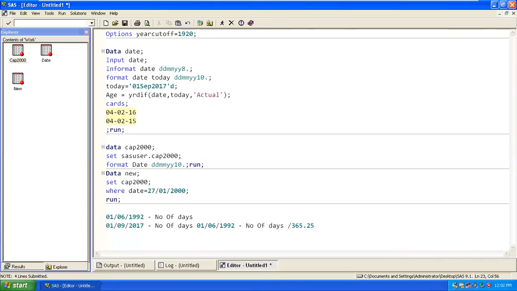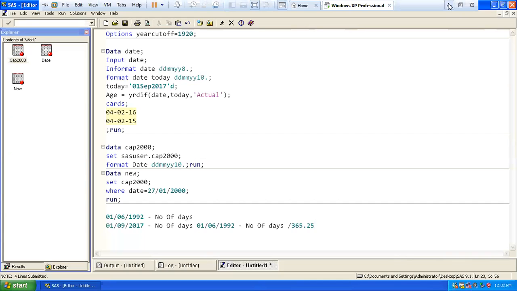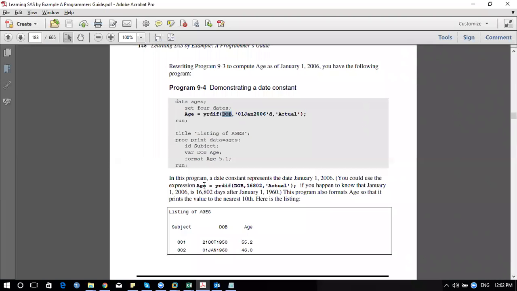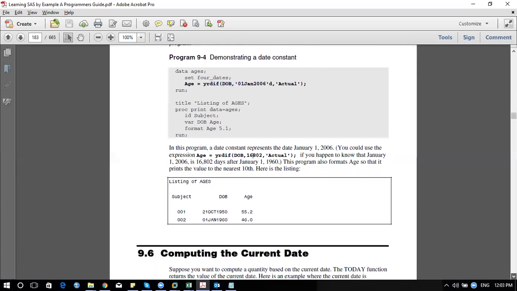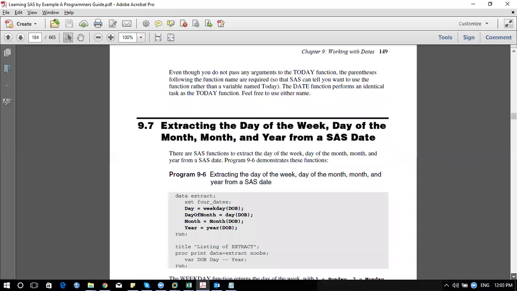Actual is automatically calculating all those values and performing its task. So you could use this age, year diff, all those things. What happened if January is 1960? So you might have this many days for this, correct? 1960. After calculating, the program formats the age and prints this, and actual will automatically take it into account. I'll explain this to you.